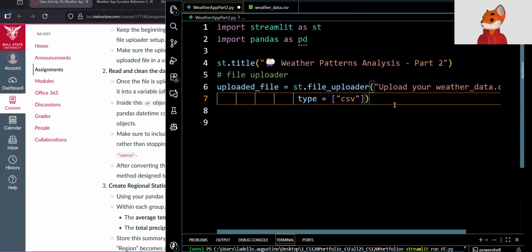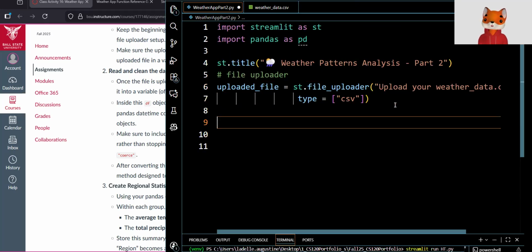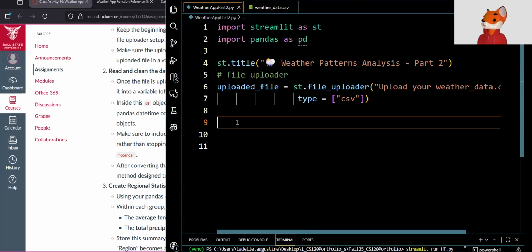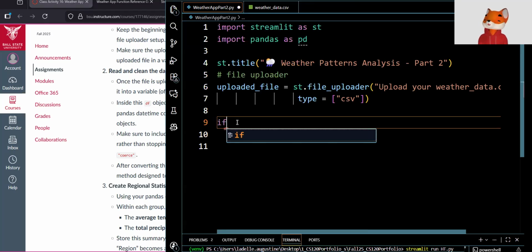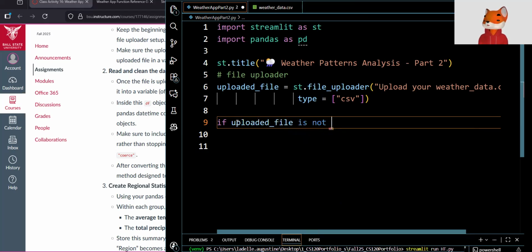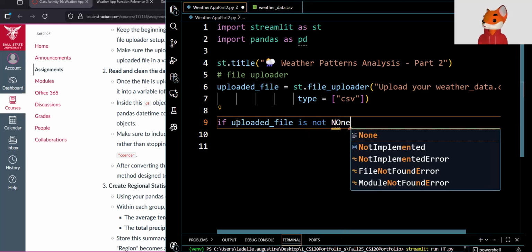Now that we have this line here, the next thing we're going to do is just use our if statement, similar to what we did in lab. So inside of this, we're going to create a df object, which is going to hold the data when it reads the file. And then inside of that df, we're going to assign date to the column. So first things first, we need to have an if statement. If the uploaded file is not None, meaning there's nothing inside of it,